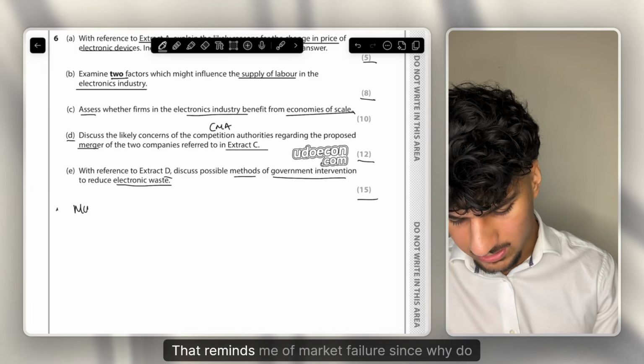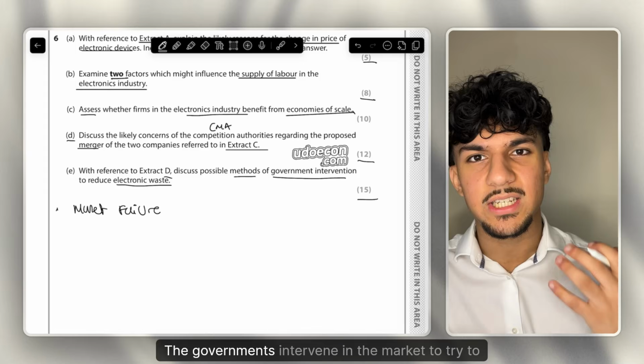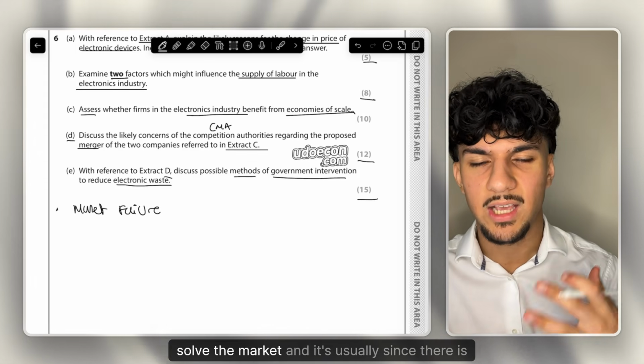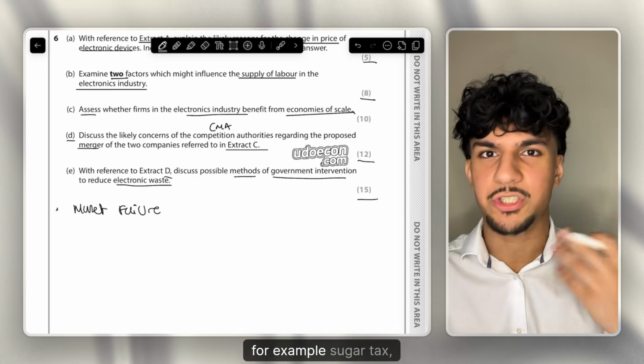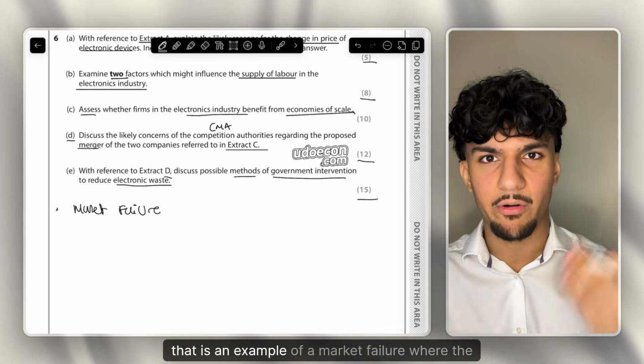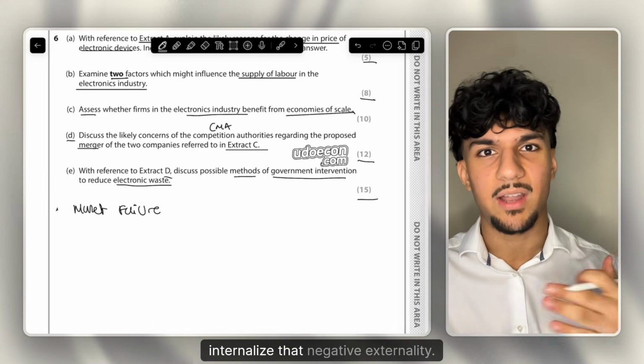Straight off the bat, that reminds me of market failure. Why do governments intervene in the market? The governments intervene in the market to try to solve the market, and it's usually since there is some sort of market failure they're trying to solve. For example, sugar tax, things like that. That is an example of a market failure where the government has to intervene to solve or internalise that negative